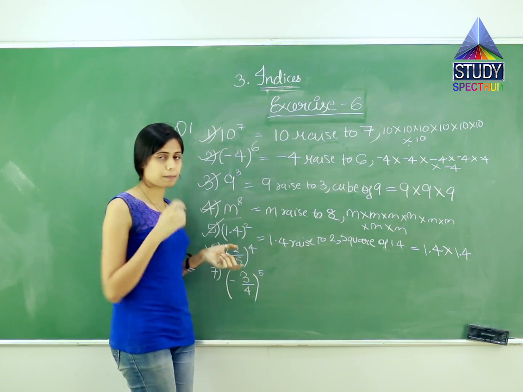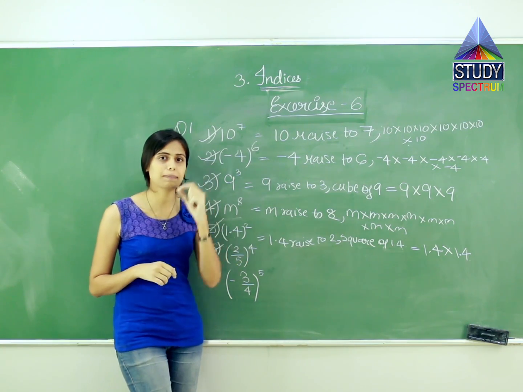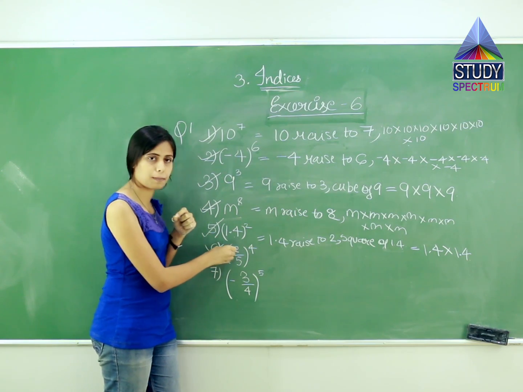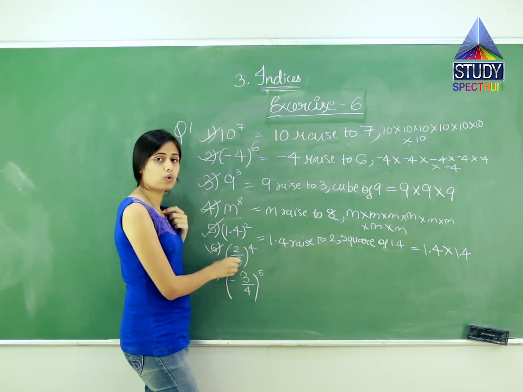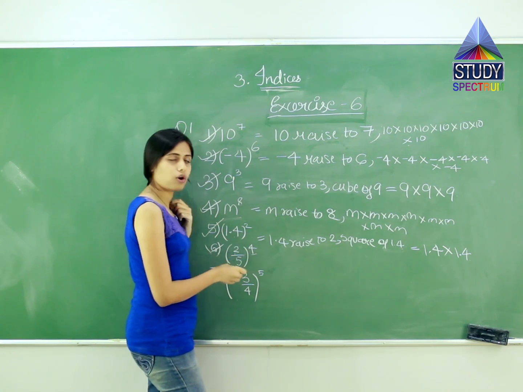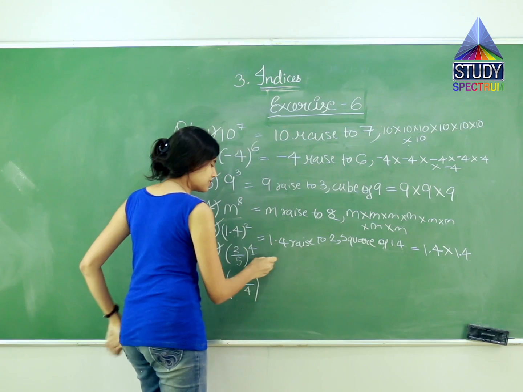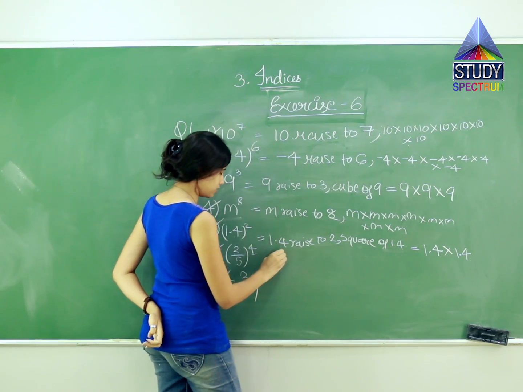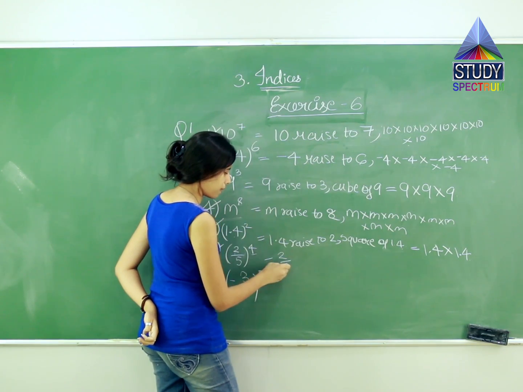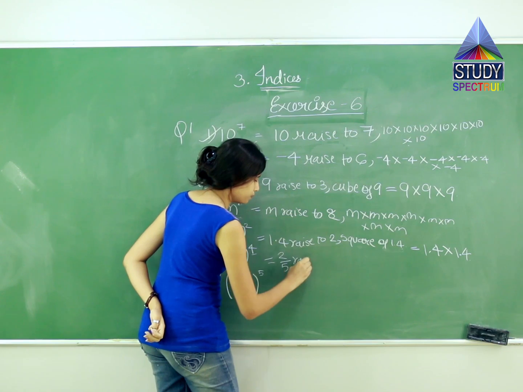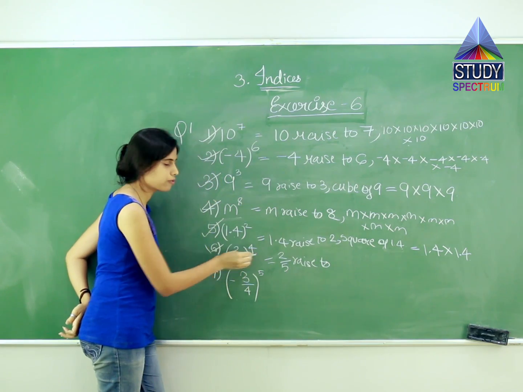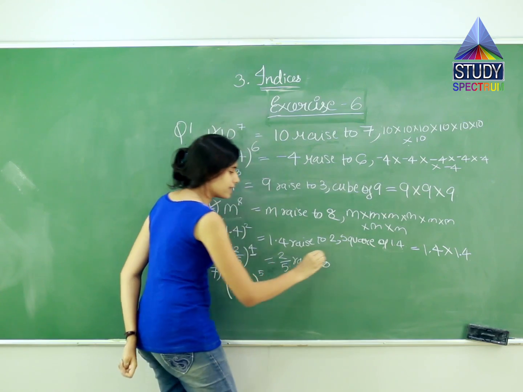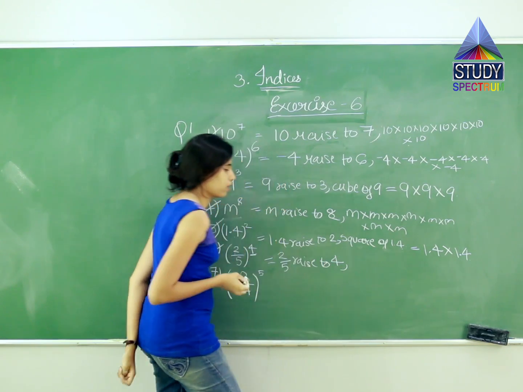In this we have the number in the form of fraction, that is p by q. In p we have one number and in q we have one number, p divided by q or p by q. Over here we have 2 by 5. This is raised to what? 4. So how it is read as? It is simply read as the earlier one, which is 2 by 5 raised to, what is there in the index form? 4. So what it is raised to? It is raised to 4.